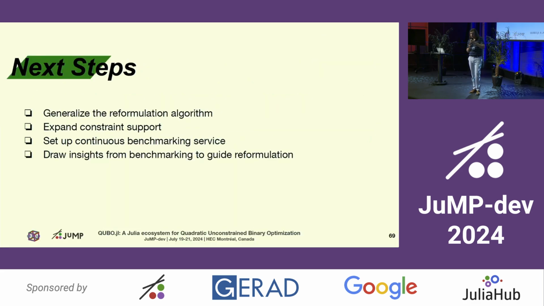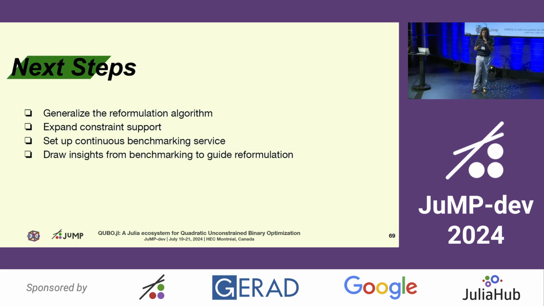All right. So the next steps would be to generalize this whole reformulation algorithm, because you can parameterize this in such a way that if you have one that's capable of reformulation for QUBO, and you just say it doesn't support continuous variables, but if you want to discretize them, you can arrive at good QUBO formulations, and the algorithm is quite similar. So this could be a natural way to expand the whole project.